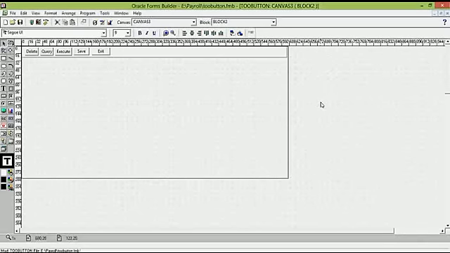So that's all for this tutorial. This is a simple example of how to create a toolbar canvas and put buttons on it to perform the basic operations of Oracle Forms. Thank you.